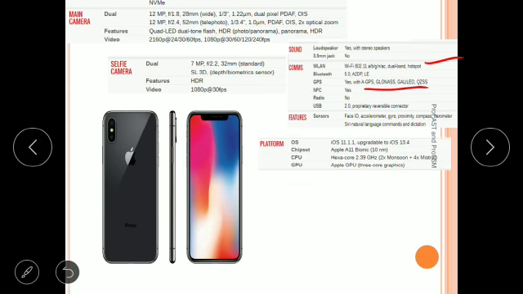You can see here we have a hexa core CPU running at 2.39 gigahertz, and the Apple graphical processing unit, GPU, is also there. iOS 11.1.1, upgradable to iOS 13.4. Now, since we have such sophisticated hardware and OS, obviously the memory requirement is also more. Here there are two variants of the Apple iPhone X. One comes with 64 GB of storage and 3 GB of RAM. One more comes with 256 GB of storage and 3 GB of RAM.